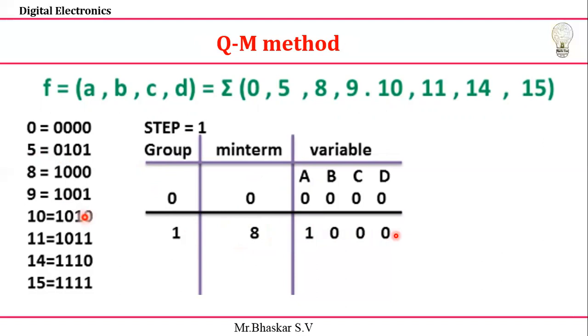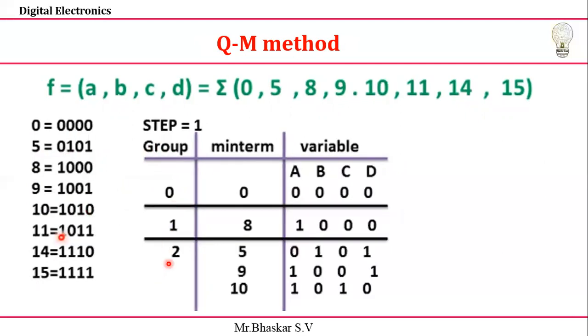Okay, next step. The next group I'm looking for is the two ones. You can see that 5 also has two ones, 9 also has two ones, and 10 also has two ones. The remaining do not, so I'm going to take the group name as 2. You can see the group name is 2, and 5, 9, 10: 5 consists of 2 ones, 9 also consists of 2 ones, and 10 also consists of 2 ones. We are going to make them separate. So here there are no ones, here only one 1, and here two ones.